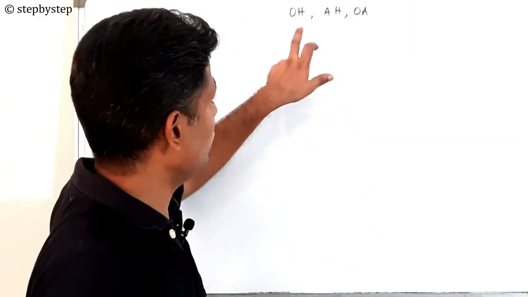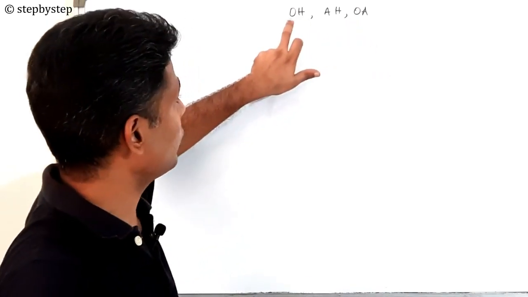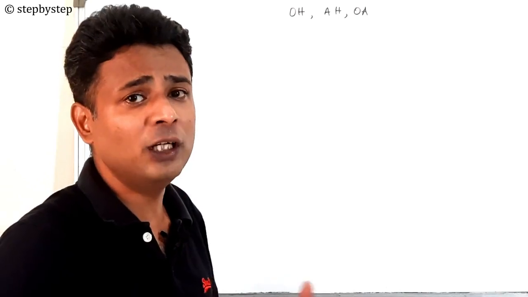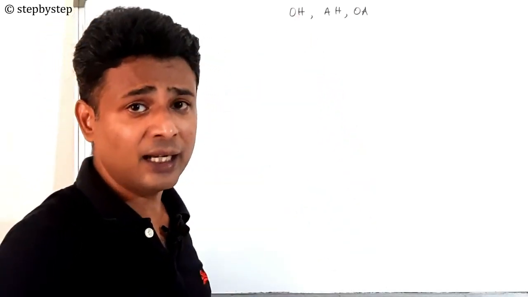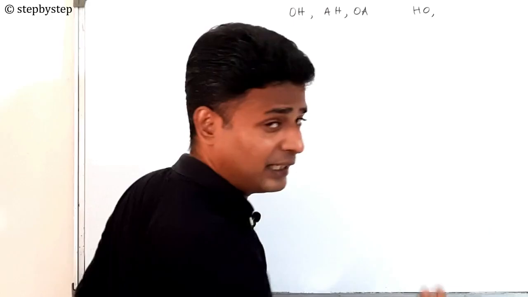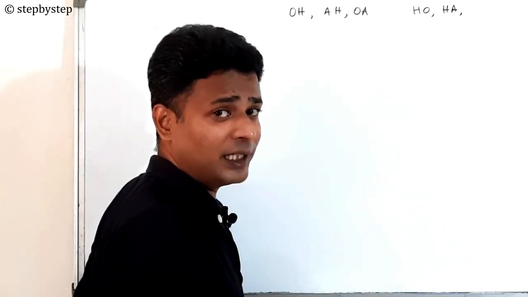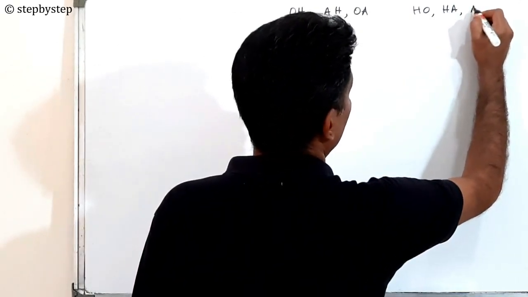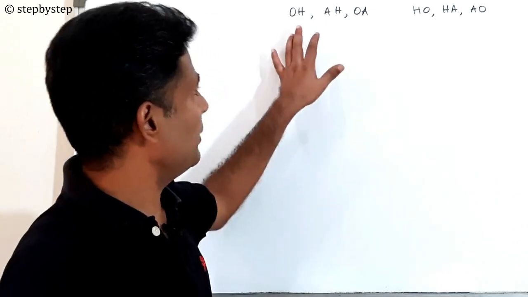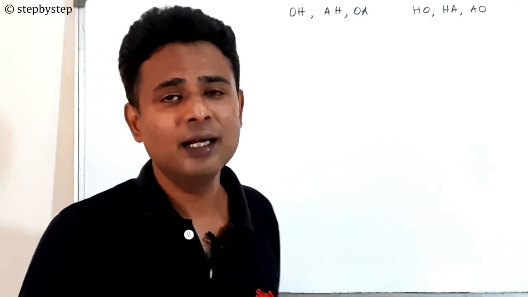Alright guys, I told you we can remember sine, cos and tan by using this O, A and OA, which means opposite by hypotenuse, adjacent by hypotenuse and opposite by adjacent. Similarly, how will you remember the reciprocal? Reciprocal of sine theta, cosec theta will be HO, secant theta, which is reciprocal of cos theta, will be HA, and cot theta, which is reciprocal of tan theta, will be AO. So it depends how you want to remember it. It's very simple. Preferably remember it as opposite, hypotenuse and adjacent in terms of opposite, adjacent and hypotenuse.